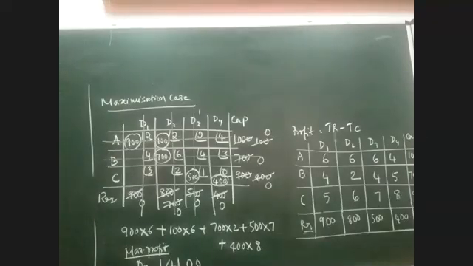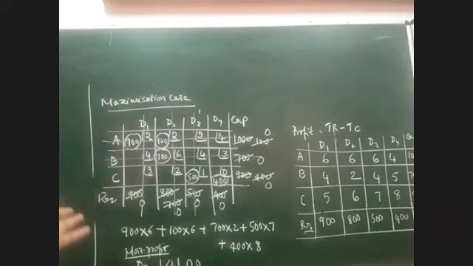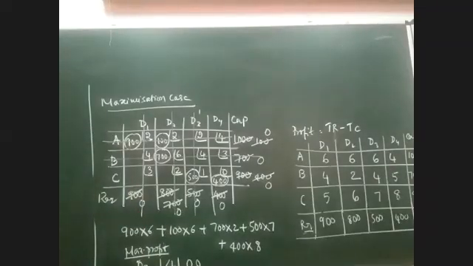Subtract from the highest number. Select the highest value in the table. What's the highest value in the table? Highest value is 90. Every element should be subtracted from 90. Then a new table will come like this, and then you can solve the problem by the NWCR method. But finally, when you're finding the total profit, multiply with the original values. That's all. So this is a far simpler question because the data is directly given to you. No modifications or alterations are required. Straight away convert to minimization and get the answer.